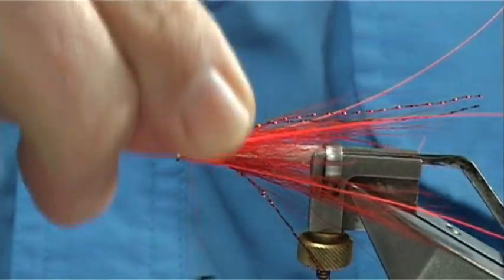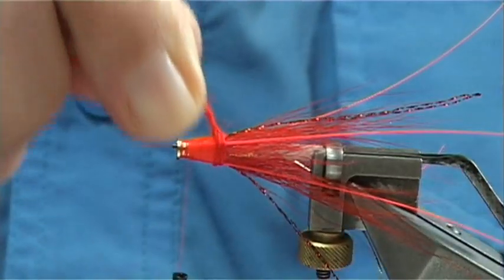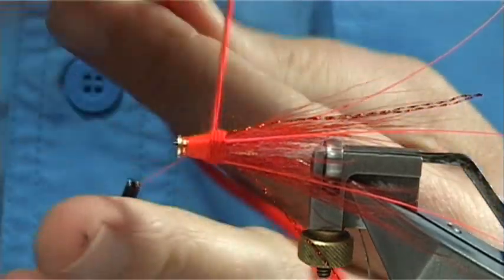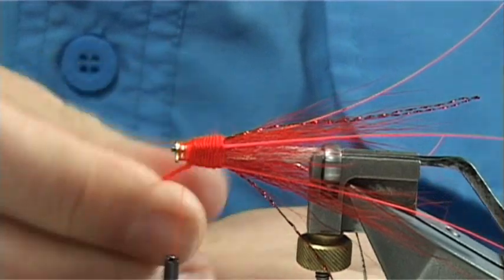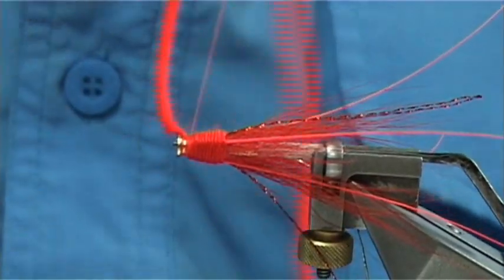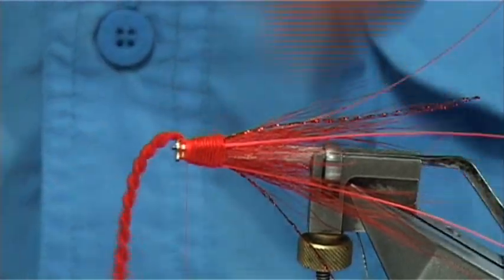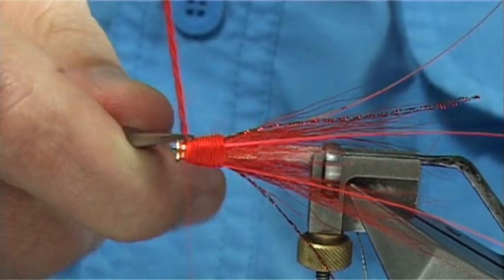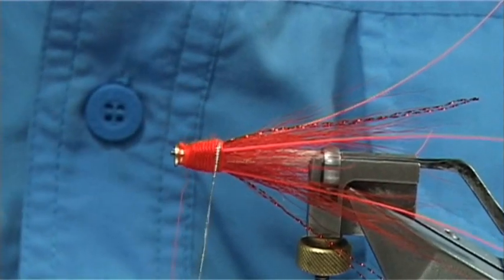I'm just going to twist it so it goes slightly flatter. Nice and tight. A nice body. If you keep forming your materials as you go, it should taper down quite well. Cross your thread. Now you can use a chenille, or Sean, I know, has a special chenille that gets made, so I'm just going to use the wool. And then rib the fly